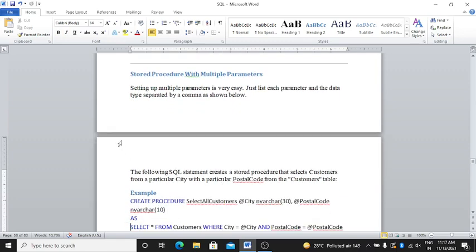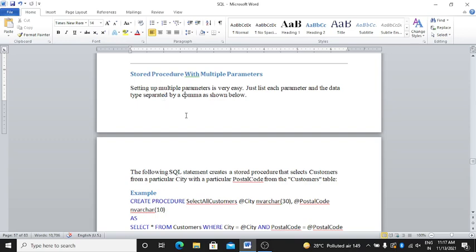Here is stored procedure with multiple parameters. There is only one parameter earlier, that is city, that is London. Here different parameters are used, like the city and postal code. Both parameters are used to identify a sort. Okay, the stored procedure with multiple parameters.